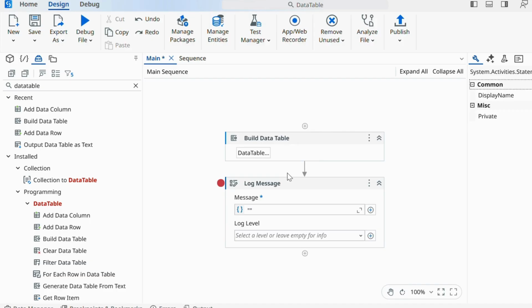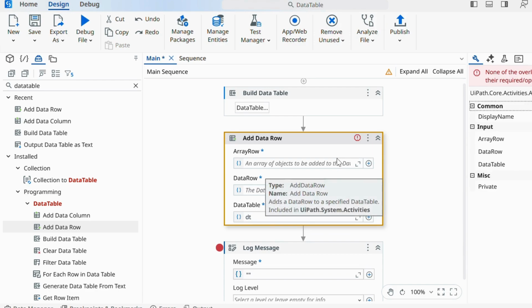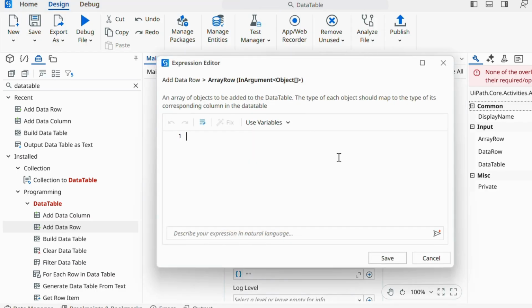Add data row: basically if you want to add dynamic row information we can use the add data row. So here I am taking the add data row. In the data table section we need to pass the data table variable name. If you already have a data row or variable we can pass it in the data row section, or else we can mention all the columns information in array form. Here we have two columns in the existing data table, name and salary. So here I am passing the name as Kiran and the salary is